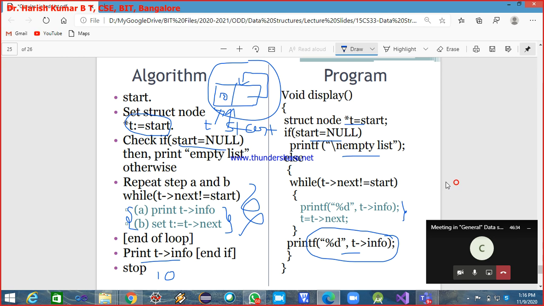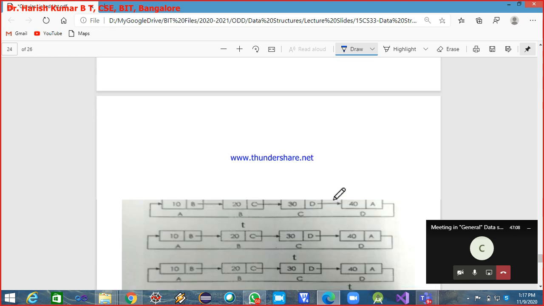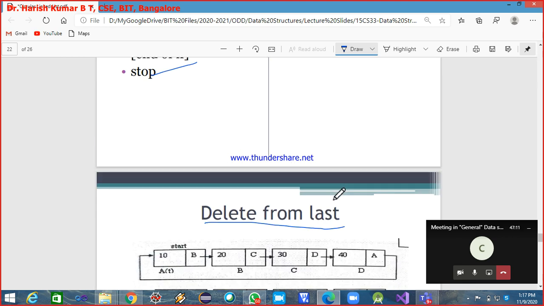Okay, so this is the program, and you can try rewriting the same program using do while also. Do you know when do while is used? When you want the statements inside to be executed at least once, we use do while, and this situation also demands the use of do while loop. So you can easily use the do while loop here also. Okay, that's all. That is the end of the circular singly linked list.